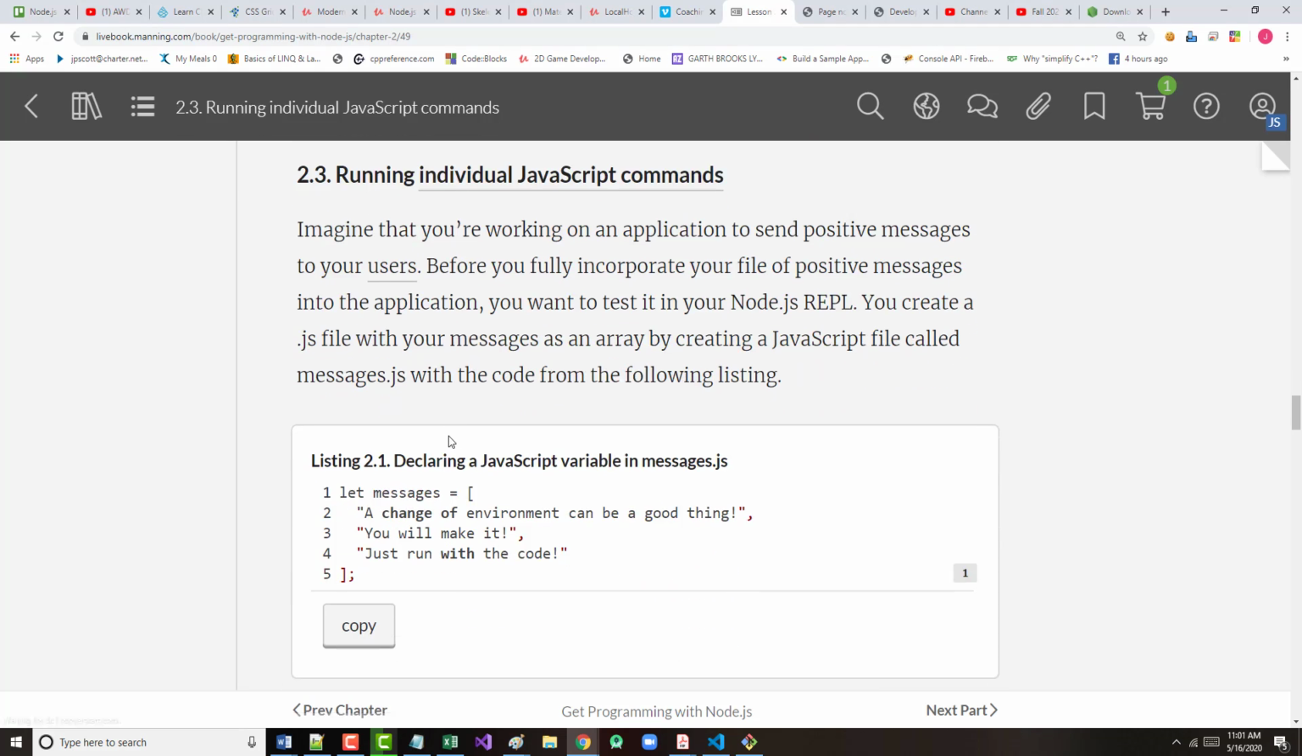Alright. Section 2.3 on the bottom or middle part of page 25. The author says, imagine that you're working on an application to send positive messages to users. Before you fully incorporate your file full of positive messages into the application, you want to test it in REPL. It says you can create a file with a .js extension, all right, with your messages as an array by creating a JavaScript file called messages.js. Well, let's just quickly